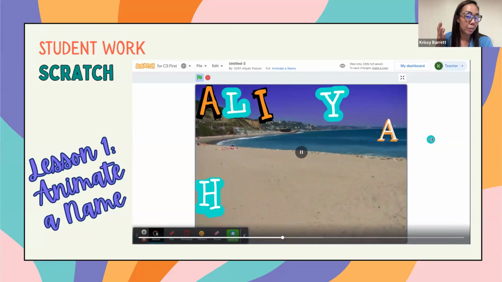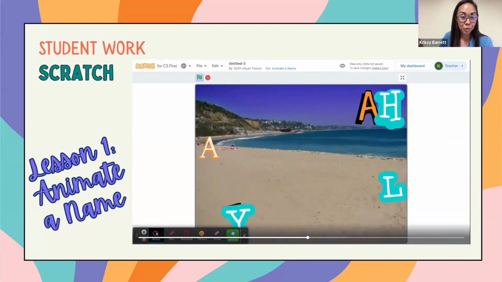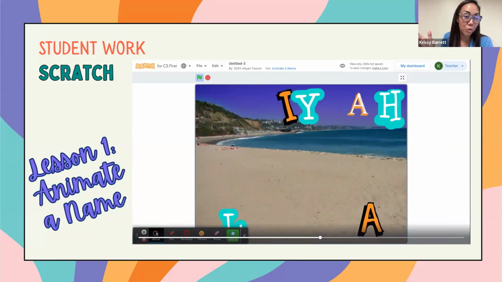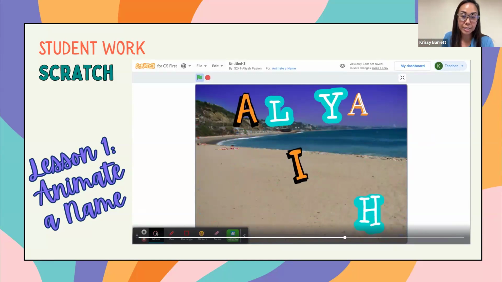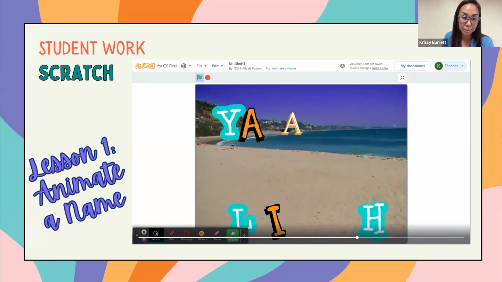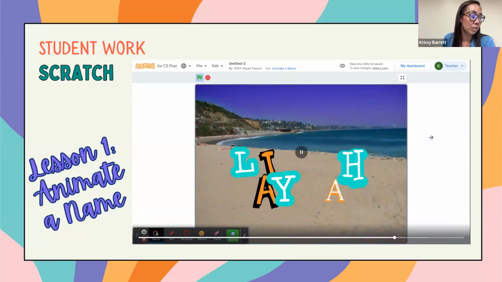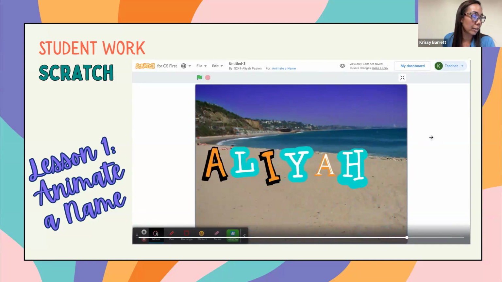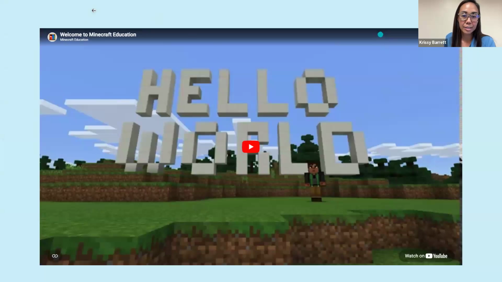And so just thinking about the code that we had to do to make one letter move, which took really a few seconds, how extensive her coding is to make this whole animation happen, I was like, wow, that's amazing, Aaliyah. So like I said, the students will totally run with it, and then they'll come up with amazing things. And that is on to Nikki.